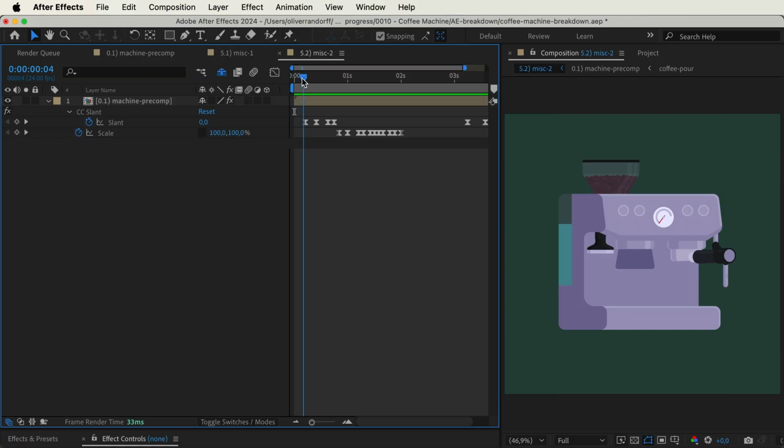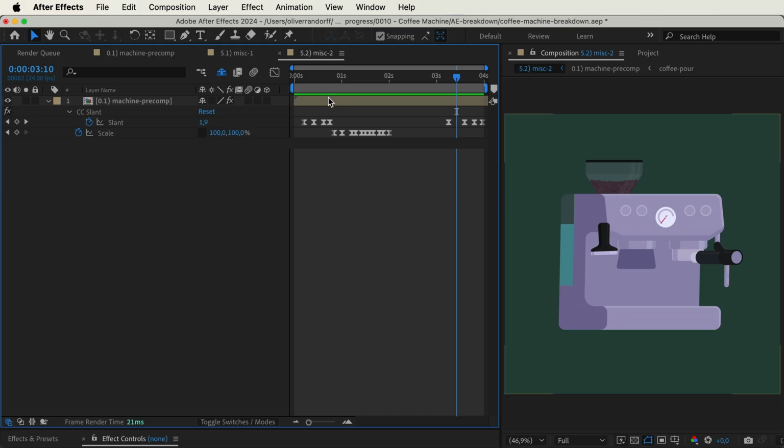Another example of a detail is the movement of the machine itself. As you can see, as the portafilter is coming out, the machine slants slightly towards the left as it's reacting to that movement. And also when the beans are being ground, you can also see that the machine sort of bobs up and down. And at the very end, as the portafilter attaches again, there's this slight movement in the machine. And of course, this wouldn't happen in real life, but often in animation, if we exaggerate certain things, it just feels a lot better and a lot more coherent.